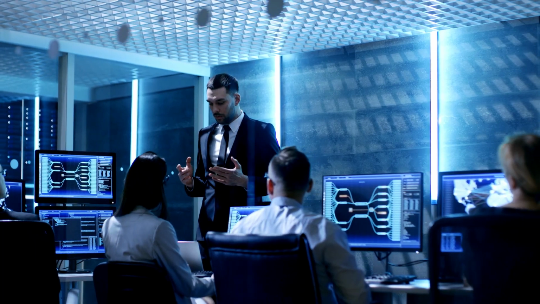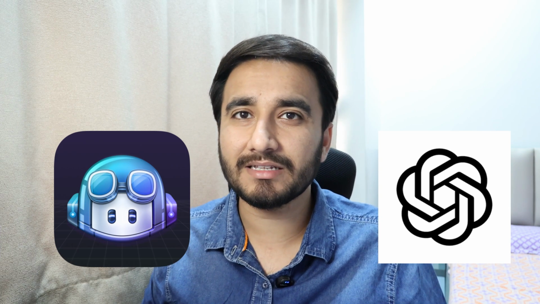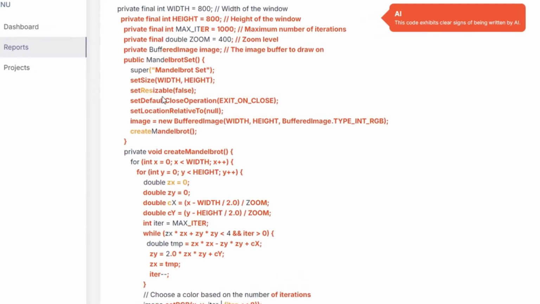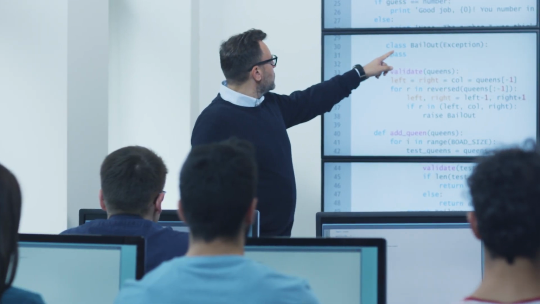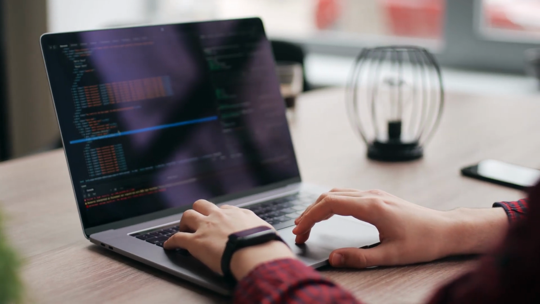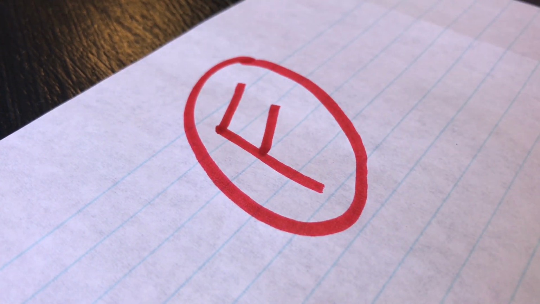So why is this tool a game changer? Let's break it down for different users. If you are a small tech consulting agency, you are probably using Copilot or ChatGPT to speed things up. But before you send the code to the client, CodeSpy will help you spot potential problem areas instantly. Less buggy code equals fewer revisions equals a happy client and faster delivery. Teachers and educators can also use CodeSpy to check whether their students are genuinely writing the code or just copying from AI. It's a super handy tool for grading projects and ensuring the originality of the code.